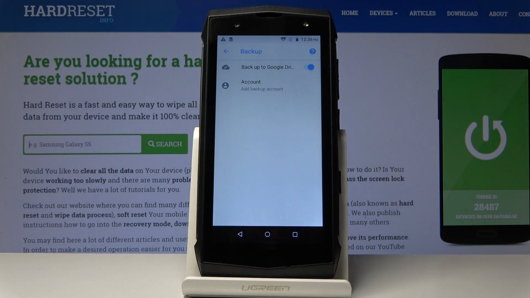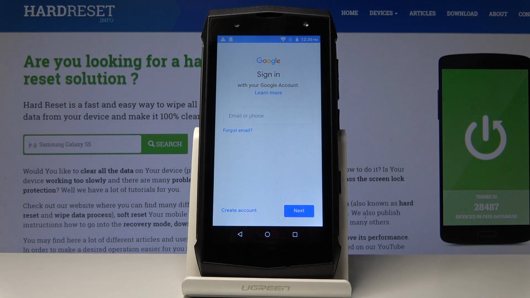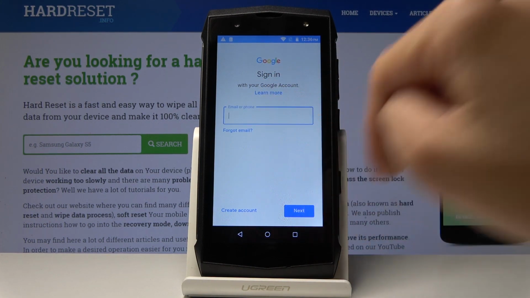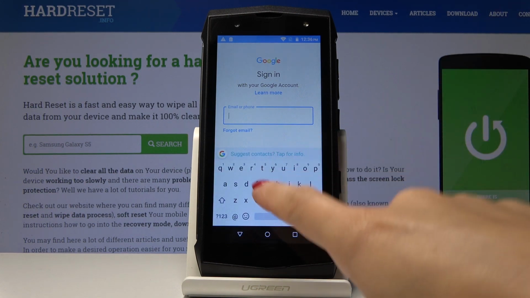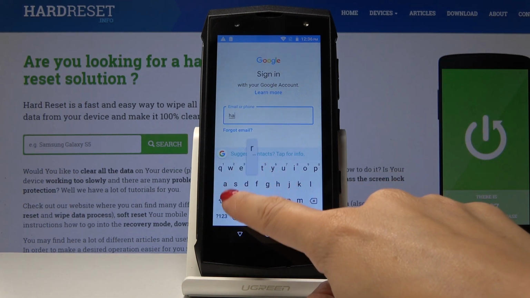And as you can see now, backup to Google Drive is active, so it's time to add your backup account. Simply click on account to do it. And it's time to log in with your Google account if you have one, and if you don't, click on create account and follow these steps. But I do have mine, so I will log in with